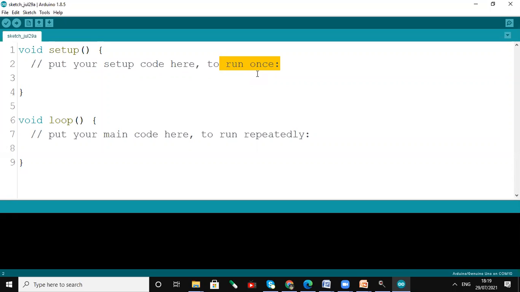Whenever I want something to happen many times, repeatedly, for example, I want the LED to flash often, after 1 second again the LED should flash, in that case we will use the loop function. So this is the setup function and the loop function.